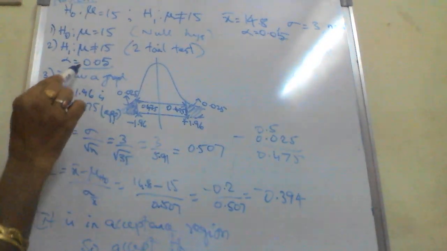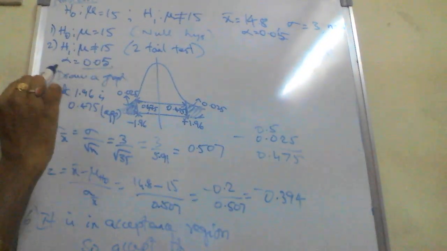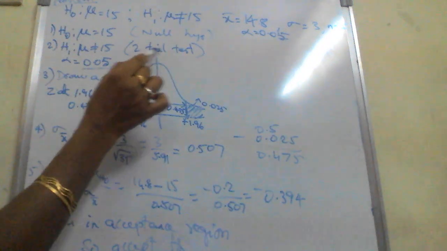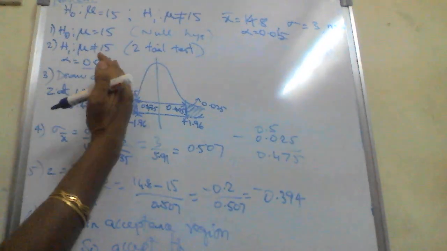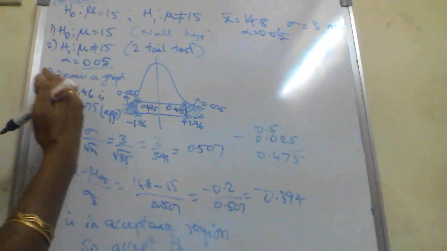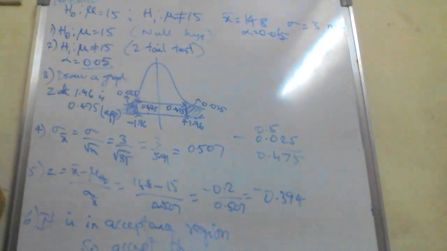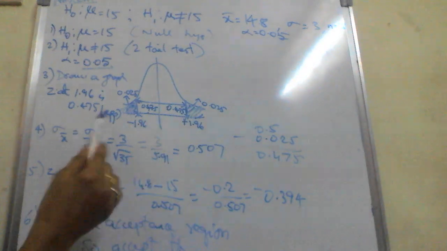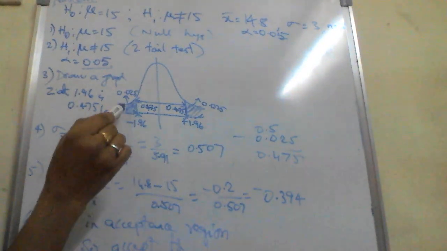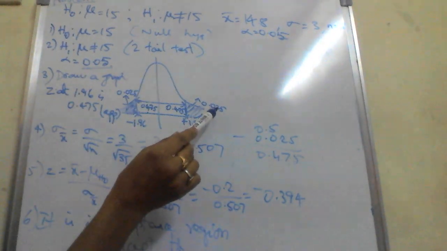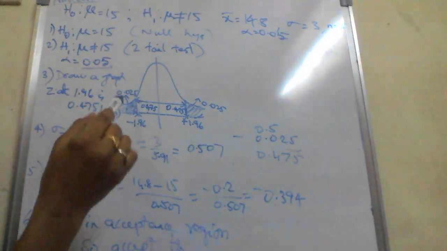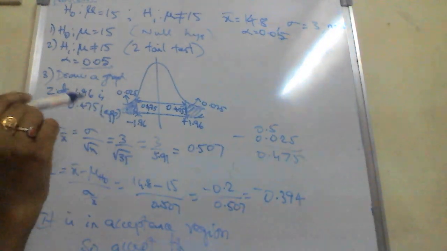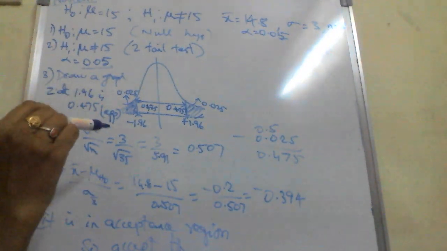So when alpha is given, if it is a one-tailed test, all 0.05 will be to one side only, and the leftover you have to take. But because this is a two-tailed test, that 0.05 we have divided into two parts, and this comes to 0.025 and 0.025. The leftover is 0.475. And in the normal distribution curve table,